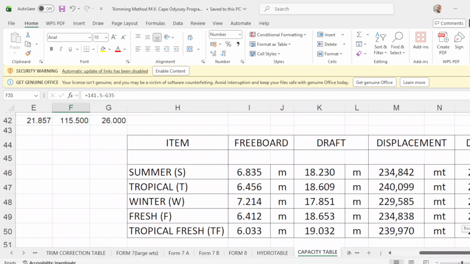The summer drop of the vessel is 18.23 and the displacement is 234,842. Take note, since you are in a summer zone, you will take the summer drop of 18.23 and the displacement of 234,842.